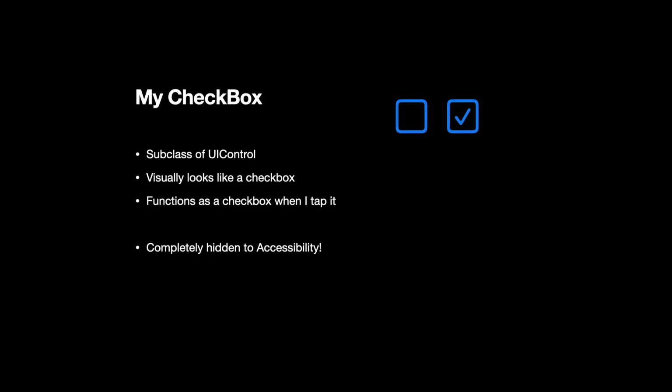Here's my checkbox. It's a subclass of UIControl. That's one of the ways it can be implemented. I've made it so that it visually looks like a checkbox, and it's already functioning as a checkbox when I tap it without using any assistive technology. But it's completely hidden to accessibility.